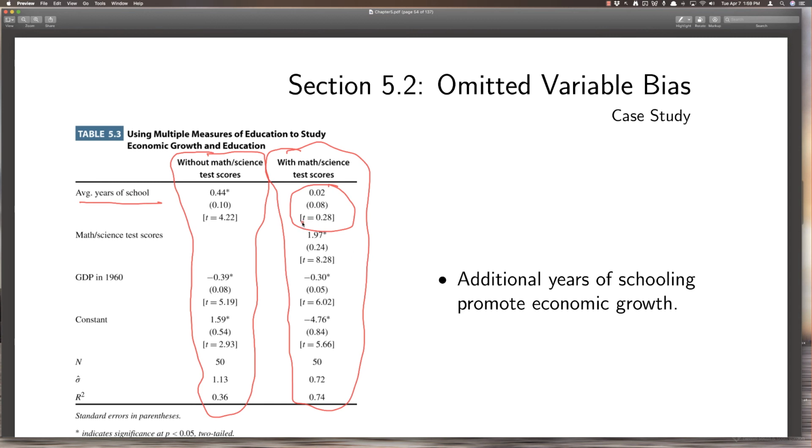Wow, now t is way less than 2. So this is not statistically significant, all right? And our resulting beta, well, we don't even interpret it because it's not statistically significant. So if we had left out this variable, if we had omitted math and science test scores, we would have thought we had a result, but we would only have gotten a result because we had a biased estimate of